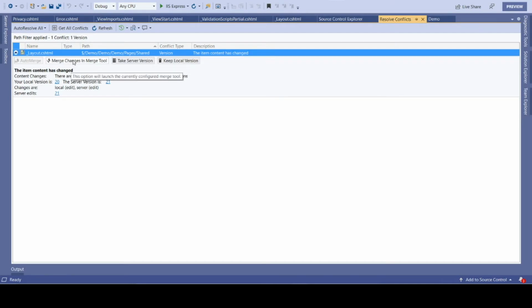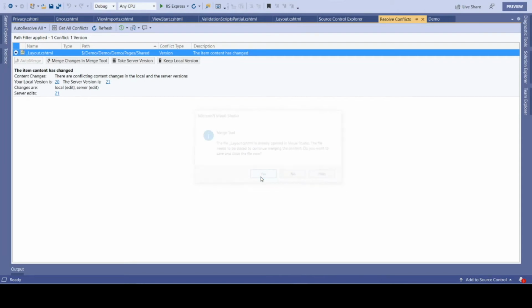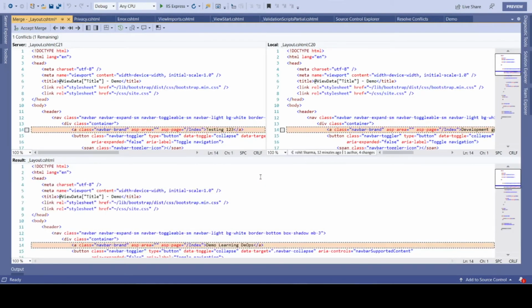So what does this mean is, it will open up this window and it will show us what is available on the server and what is the change you have done. Compare it, select which you want to keep. If you see, the left side is the one which is on the server, the right side is the one which is on my local machine, and it is showing me both of the lines highlighted.